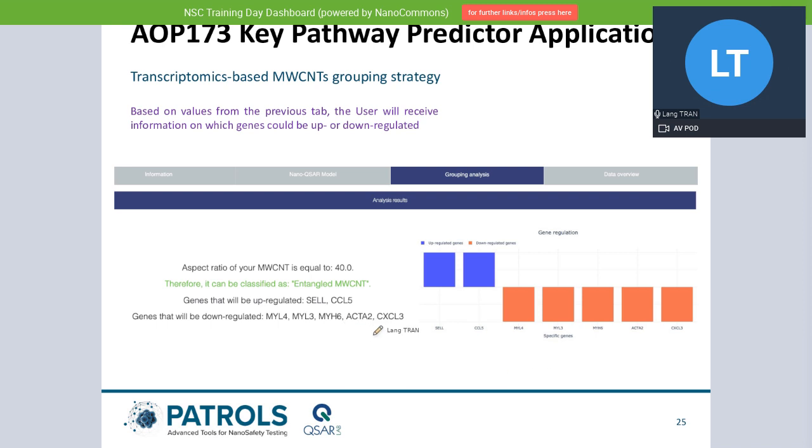And again, if you use this software, it will allow you to guess what kind of gene regulation your carbon nanotube will cause, what gene is up and what gene is down, depending on the information you feed into it. And as I say, those of you who are interested in playing with this, I will give you the link to their little model.